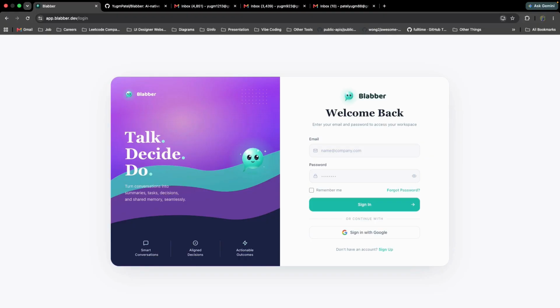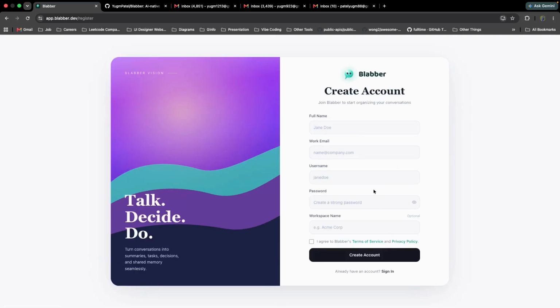Let's start with authentication. Blabber supports email login, Google sign in, and forgot password reset as well. I can show you that right now. I want to make an account. It could be Venga Patel, which is my nickname. Venga 1312